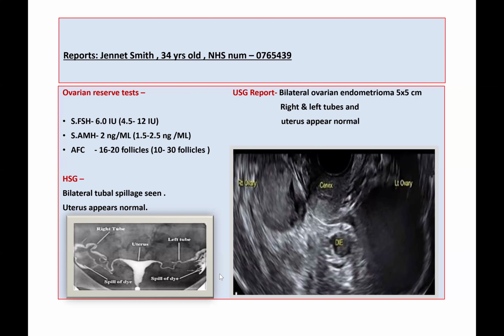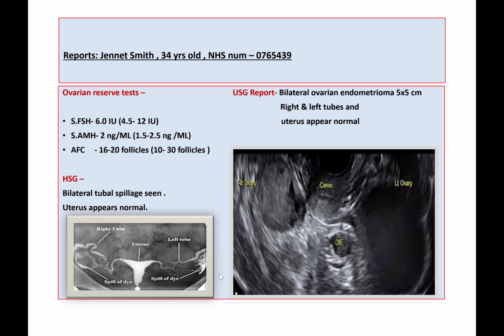Have you heard about that? Yes, I have read a little bit about it. Why will I need that in my case? Usually, because this cyst is in the ovary, it can damage the ovary tissue as well. Regarding the surgery also, there are chances that ovarian tissue can be damaged, so that can hamper the fertility and egg quality and quantity as well. So for that, the fertility specialist may advise you to go for egg cryopreservation before that.